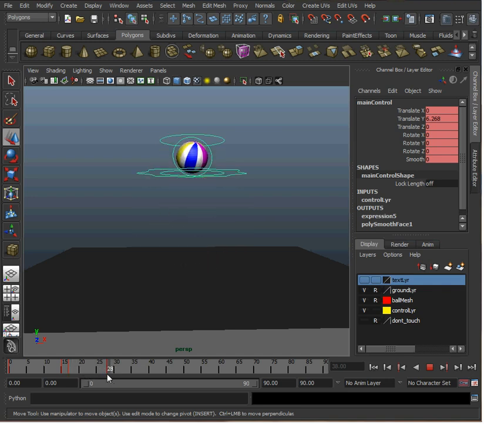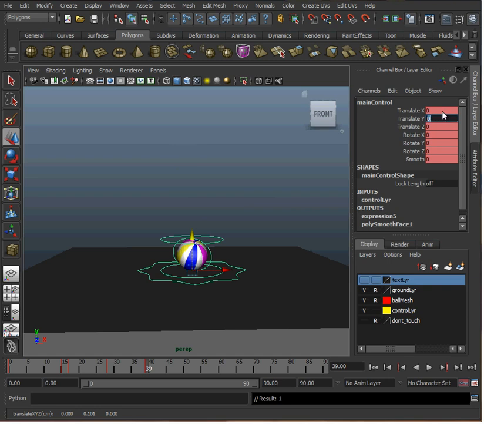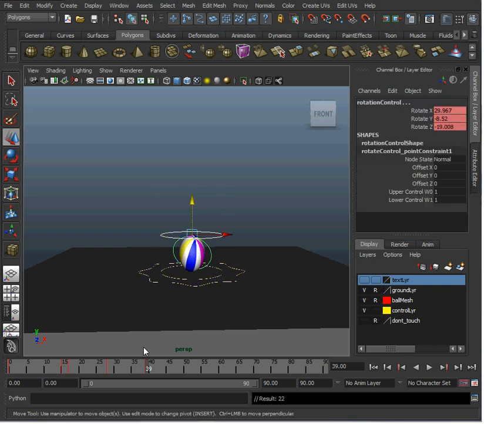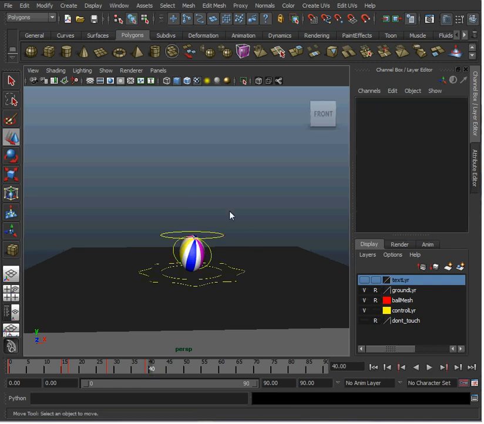That would be at 39. So at 39, we'll take the object, have it go down. I can just type 0. And we can have it stretch up just a little bit. It should lose its stretchiness as it goes on because we're going to have it bounce and die down. So we'll have it stretch up just a little bit. I'm going to key everything, and then in the very next frame or 2 frames later, maybe the very next frame, I'll have it squashed down just a little bit, not as much as before.